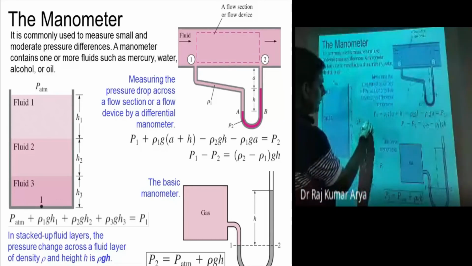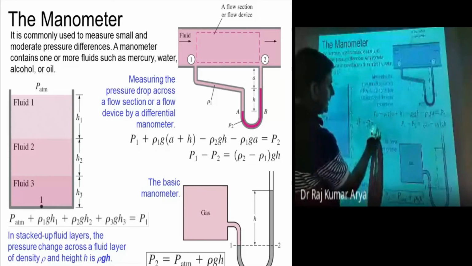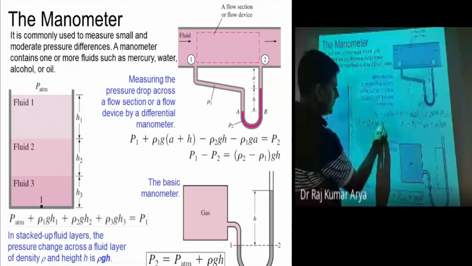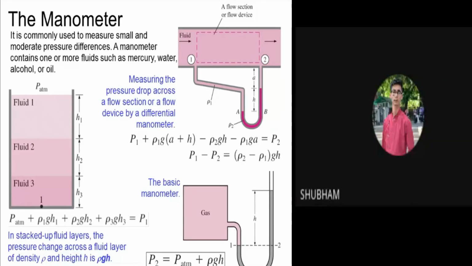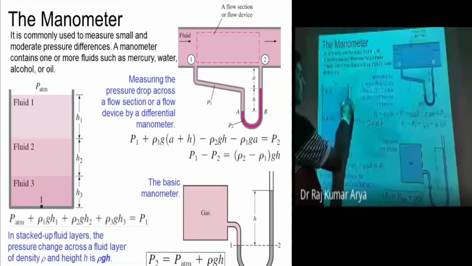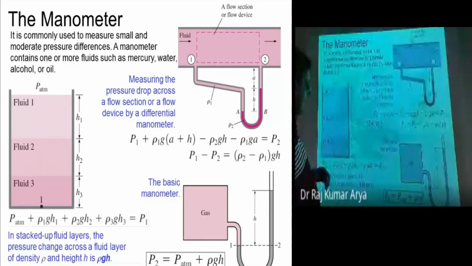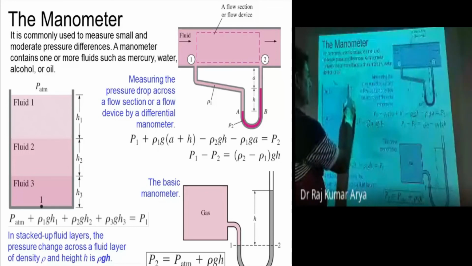If you substitute the values of both, what will you get? Your dF would be rho g y and dA. How much did you take? You have just taken dy into B, your width, right? The density is rho 1. You can take that one. We are talking for this.